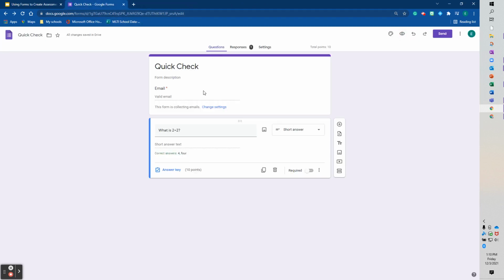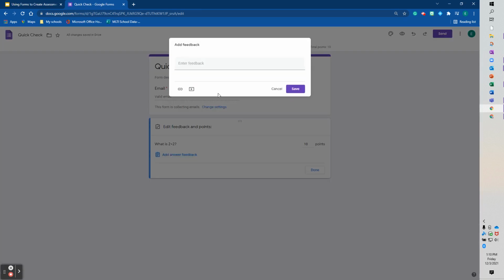I want to change. All right, so the next one is a paragraph. Now, a paragraph, just as it sounds, is going to be much longer than what a short answer could be. Because it's going to be longer, when you click on answer key, there's no way to put in here all the different variations that you could get from a paragraph type of answer. You can add answer feedback and do the same thing as before. It would be more of a